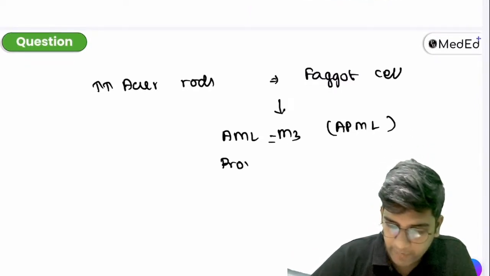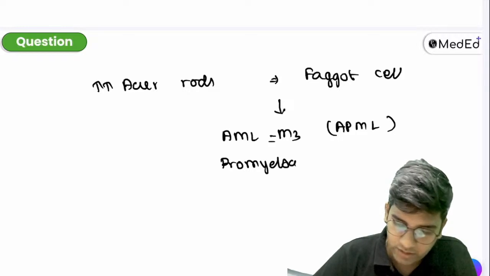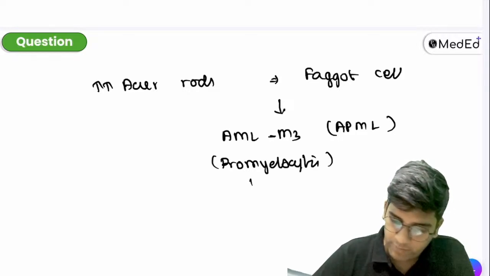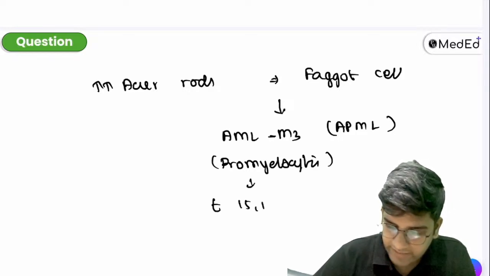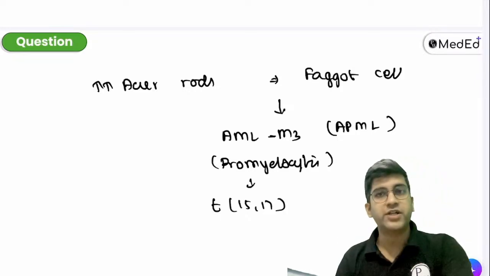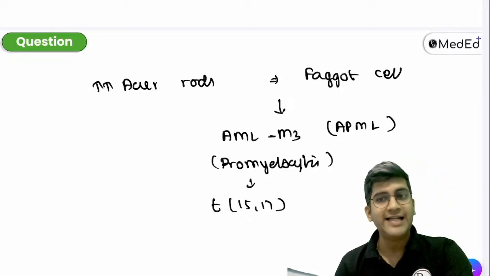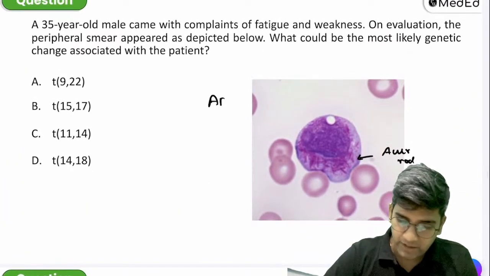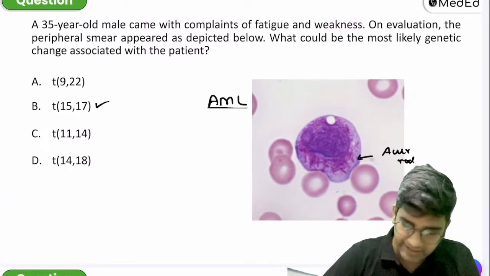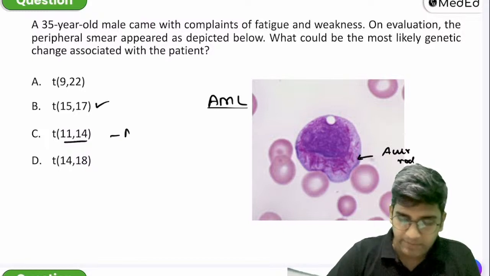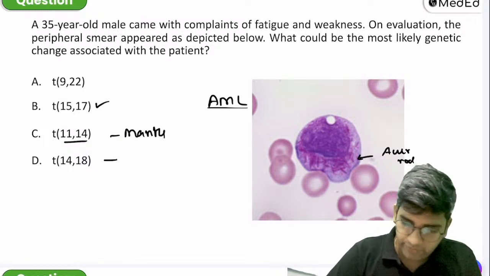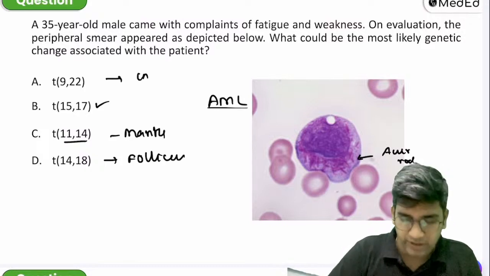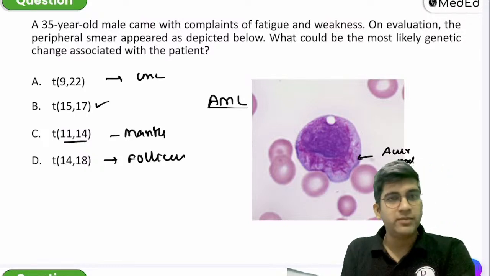In acute promyelocytic leukemia, the problem is translocation between 15 and 17, right? It's a 15-17 translocation, which is going to result in an extremely high density of Auer rods in case of acute promyelocytic leukemia, right? So you are right in calling it an AML. So this is the right answer. 11-14 is seen in mantle. 14-18 is seen in follicular. 9-22, you know, is seen in CML, right? Auer rods, AML, my diagnostic answer is translocation 15-17, right?